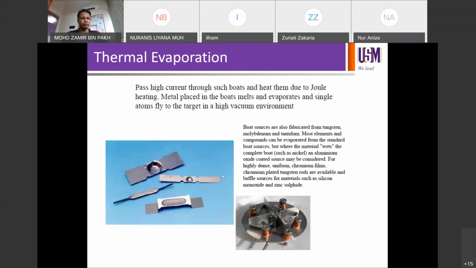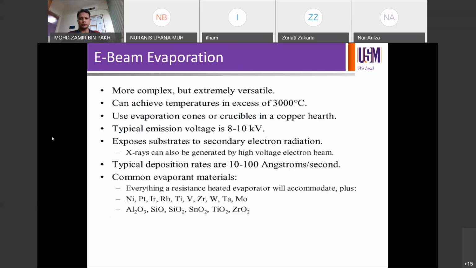E-beam. Okay, so we have discussed thermal evaporation and we have watched that short video on thermal evaporation. So another evaporation process is called E-beam evaporation, electron beam evaporation. So if you can recall,